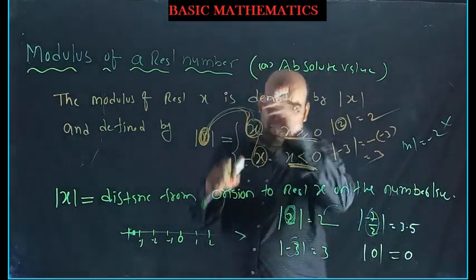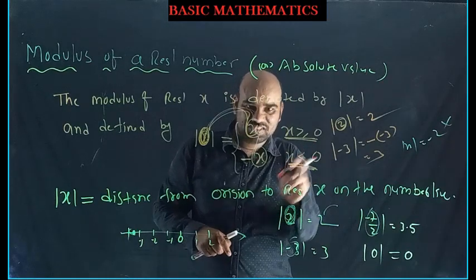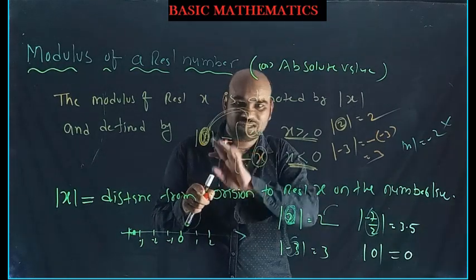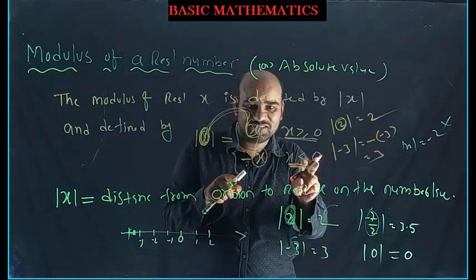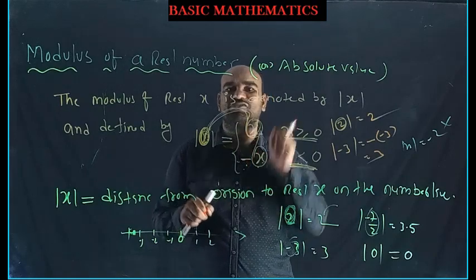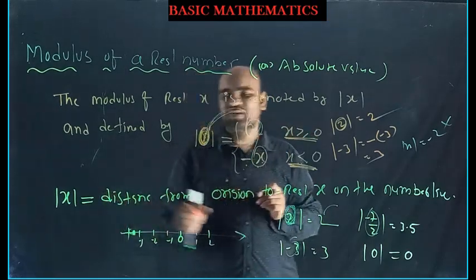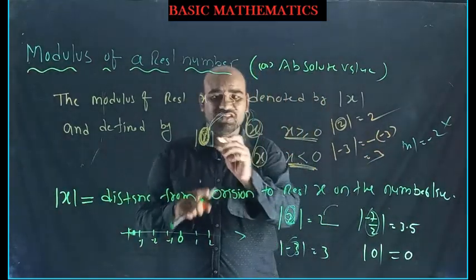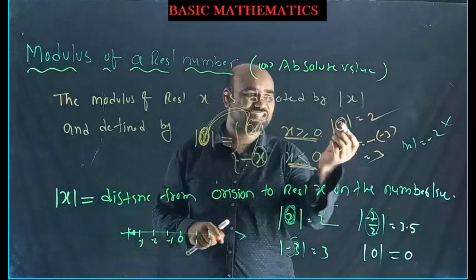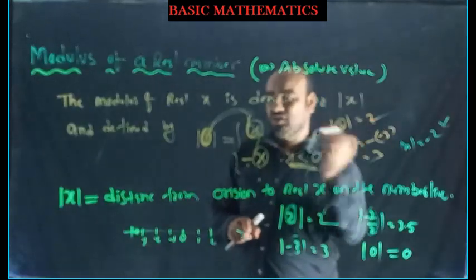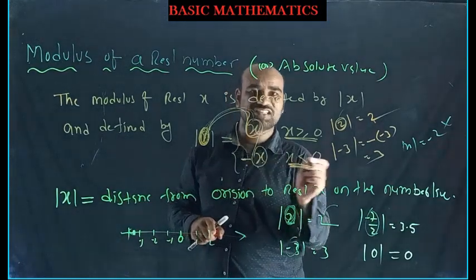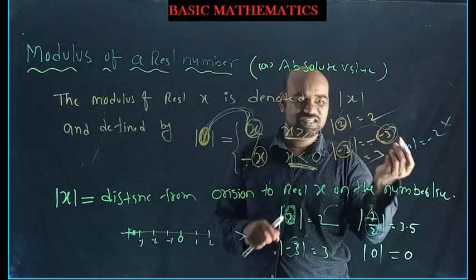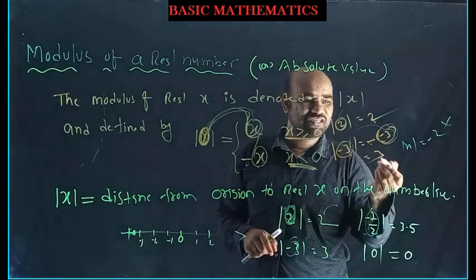Understood? To get the output as a non-negative number, this definition is given. So don't think that the output is negative. This is not correct. Already x is less than 0, and with the negative symbol the total gives non-negative only. So the actual definition is modulus of x means distance from origin to any real number x on the number line. Mod x equals x, same x output, if x is greater than or equal to 0, just like mod of 2 is 2. Same output with negative symbol when x is less than 0. Mod of minus 3 is minus of minus 3, which is 3. Mod of minus 3 equals 3.